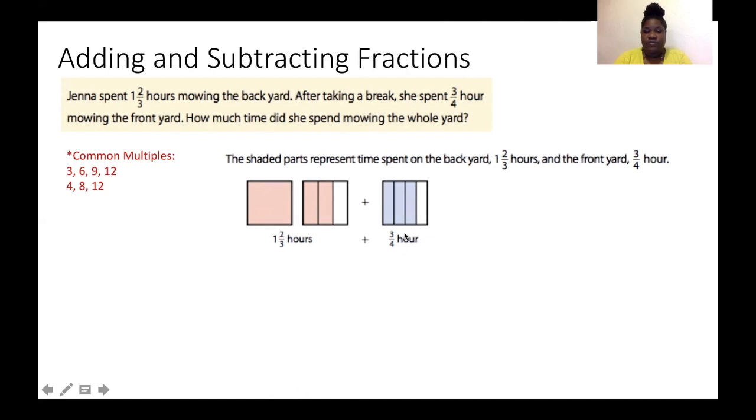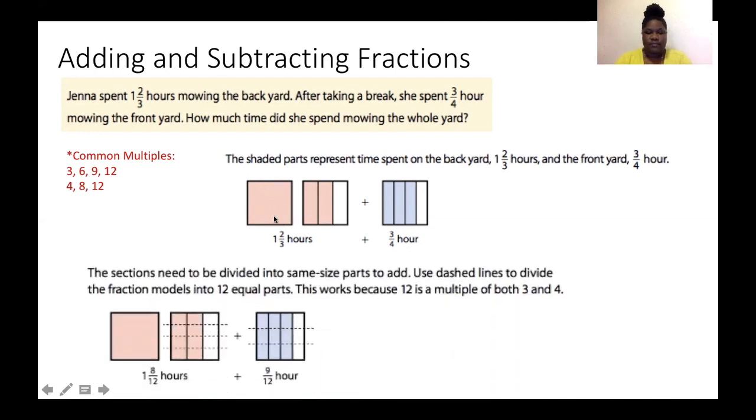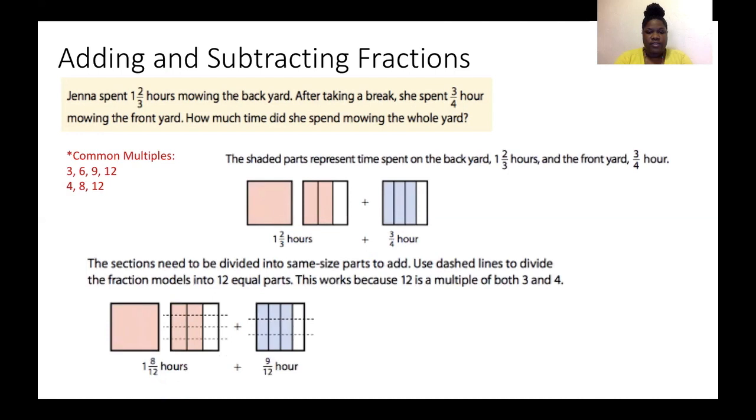This represents 3/4 hours. Well, I know that my common denominator is 12, so I have to take both of these squares and I have to make them into 12 equal pieces. I don't have to do the whole since that's already shaded all the way in. So then I use these dashes and I do 1, 2, 3. I do 3 dashes. That gives me now 4 rows and it gives me 12 total pieces in this first